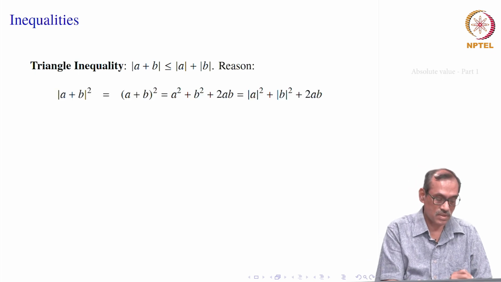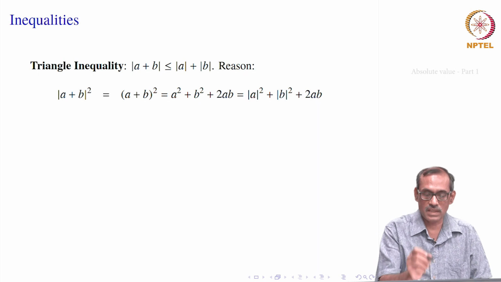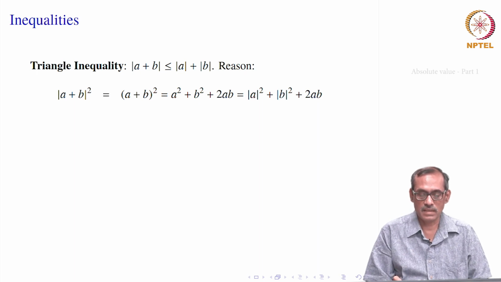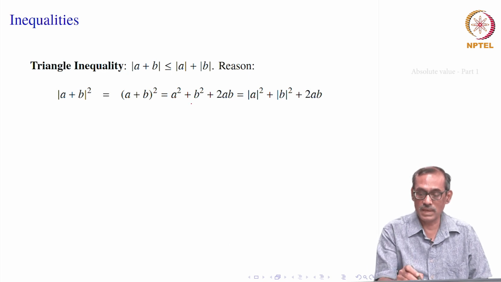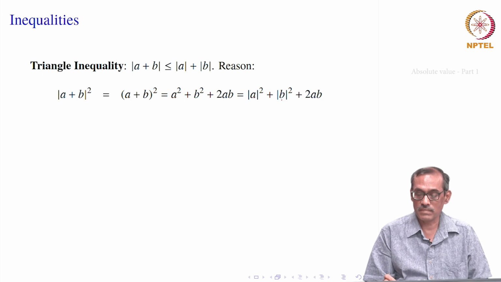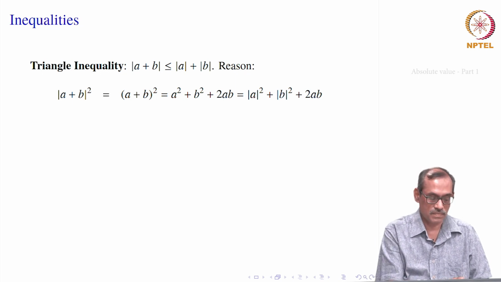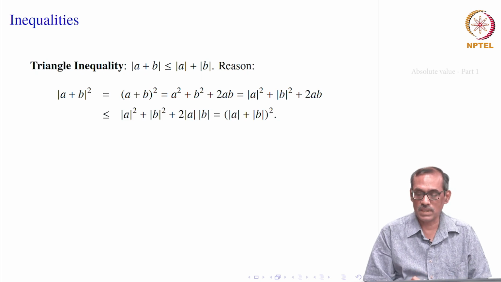Well, let us use that square definition. So, let us take the square of the left side and we will see how to manage the square of the right side. Okay. So, mod A plus B square equal to A plus B whole square because of the square root, and now we expand it, which is A square plus B square plus 2AB, and we know that mod of A square equal to mod A into mod A, which is mod A square. Similarly, B square equal to mod B square, and we keep 2AB as it is and then use another property of 2AB.